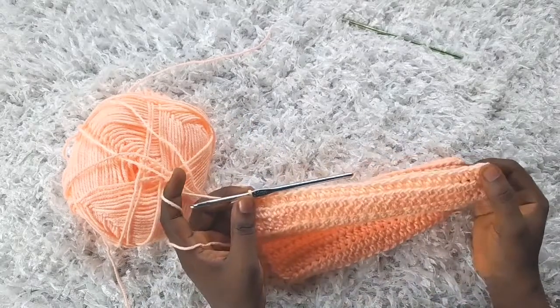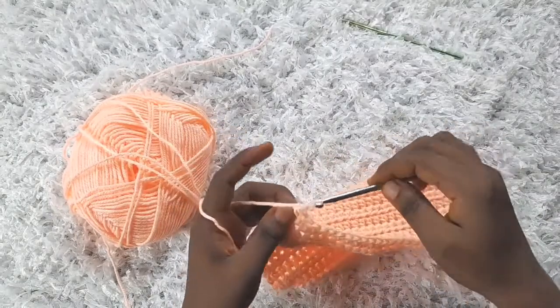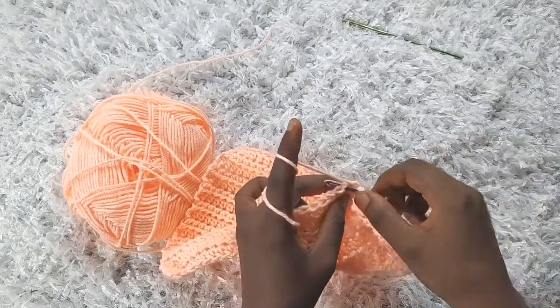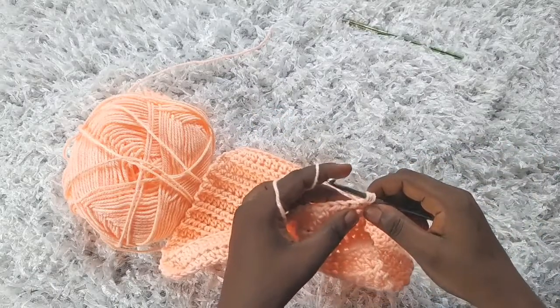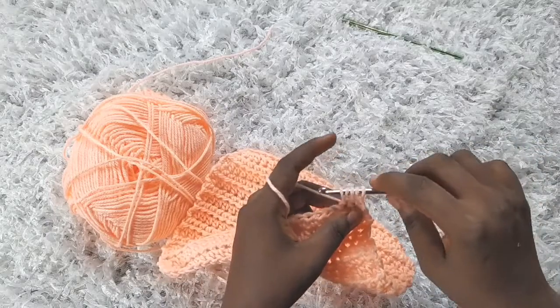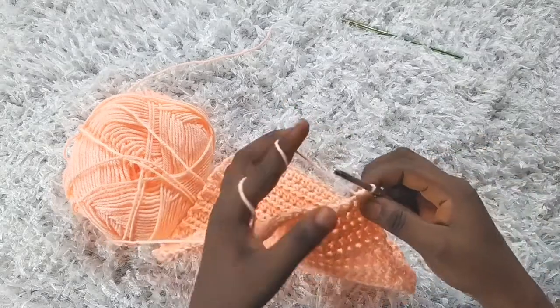So moving on to the next row now, row 25, chain 2, turn, make half double crochet 2 together, go into the next stitch, pull through. We have 5 loops on our hook, yarn over and pull through all. Then